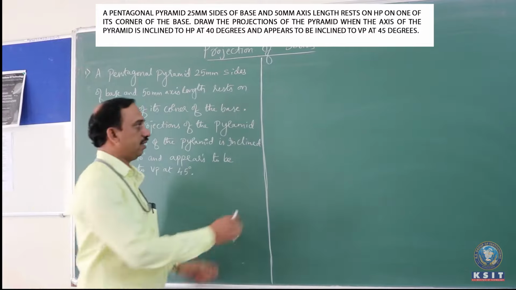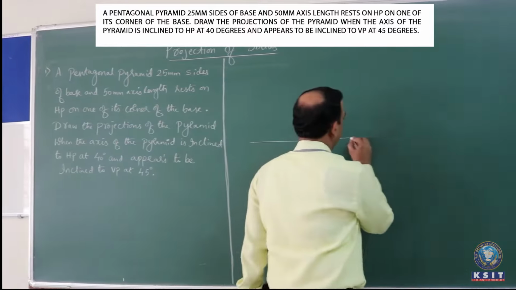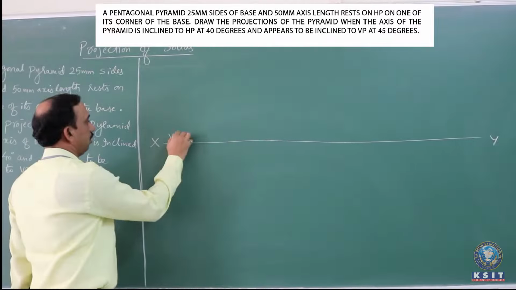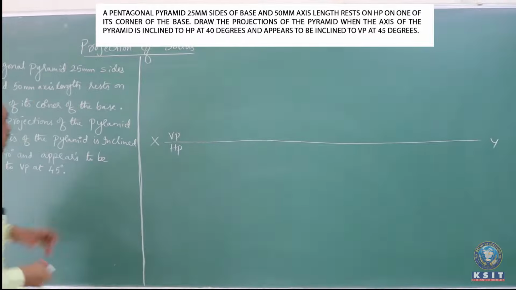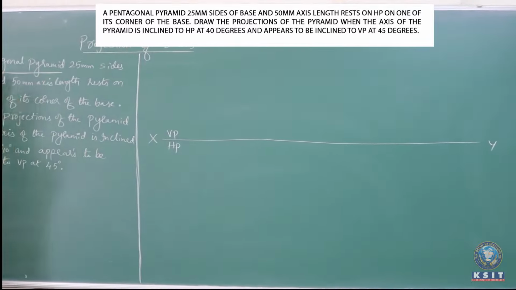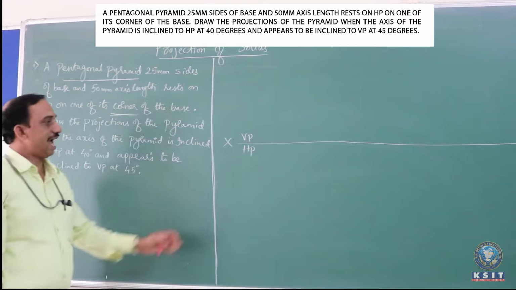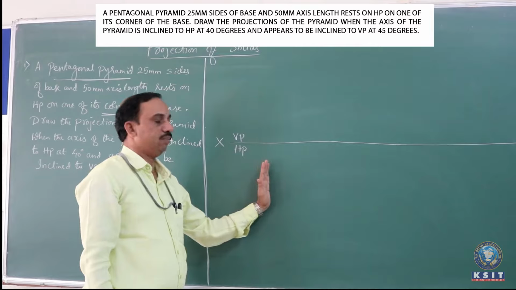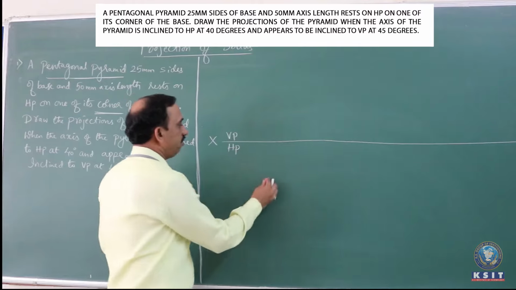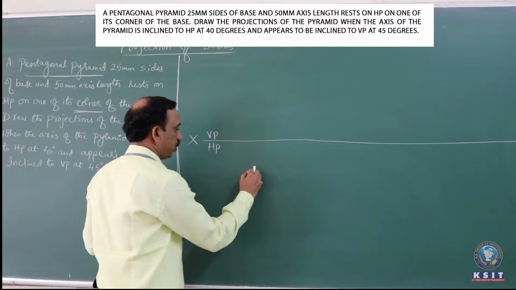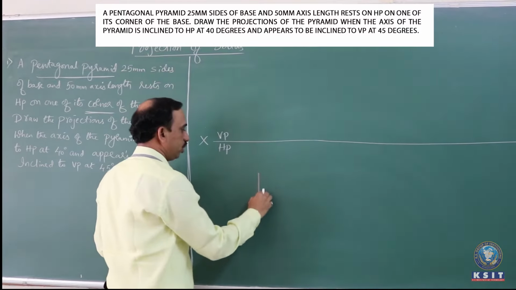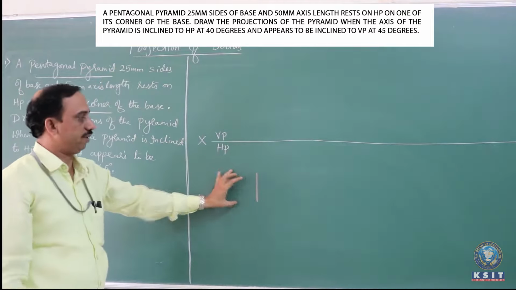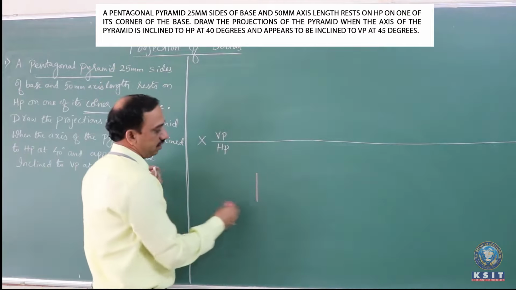Right now, taking a step-by-step procedure. First, initially, have an XY line. Since right now, it is a pentagonal pyramid with a corner condition, have the corner to come towards your right side. So to have the corner towards the right side, start the edge towards your left hand side. First, initially I'm going to have one of the edge to be placed towards your left hand side for the measurement of 25 mm sides. So based on this, I'm going to start the construction.